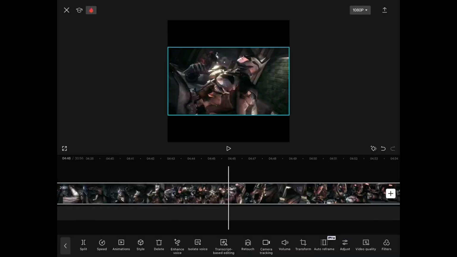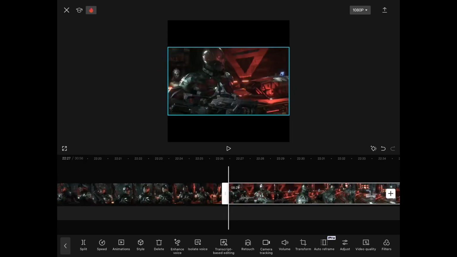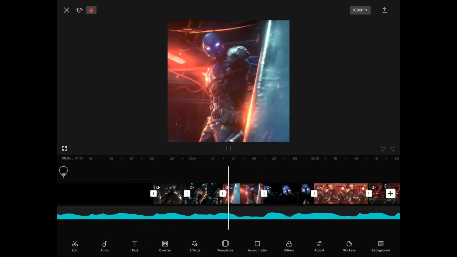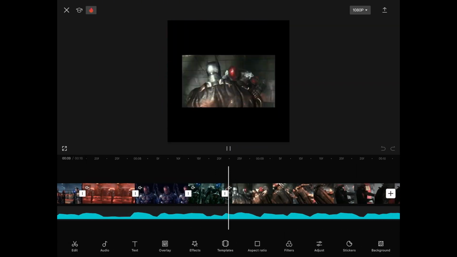Then you gotta start cutting your clips. And this part sucks because you never know how many you're gonna need until you've cut it all. So basically you gotta scroll through the video you compiled and then cut the clips from there and then put them in order and crop it to fit the scale.